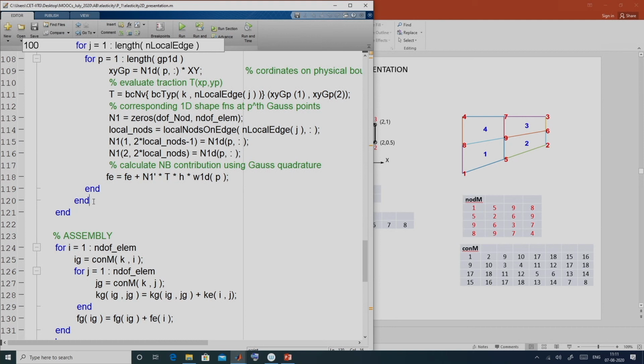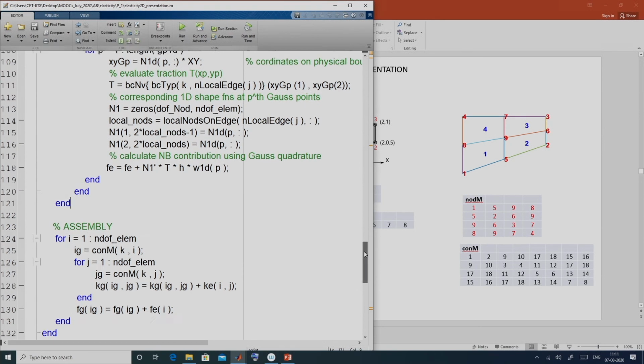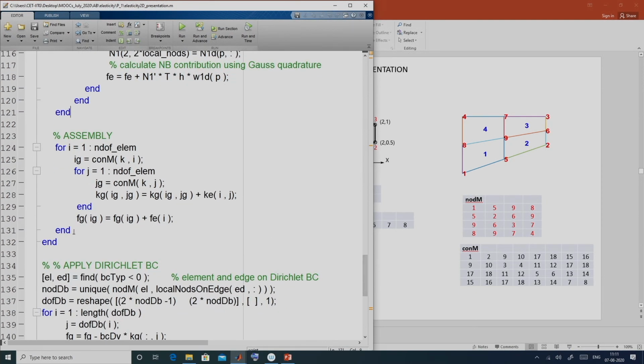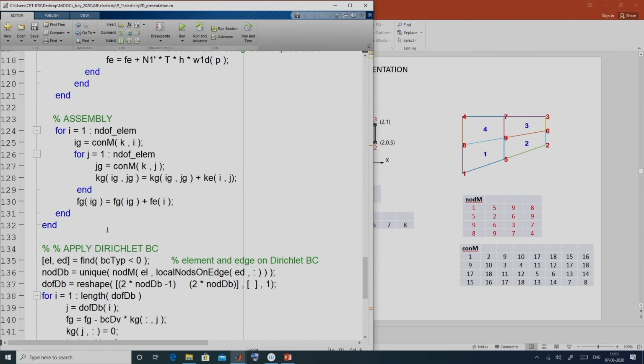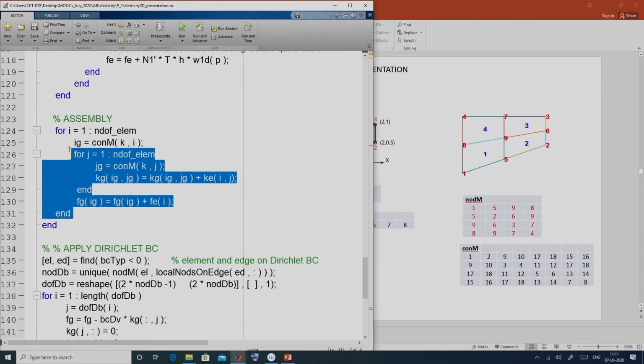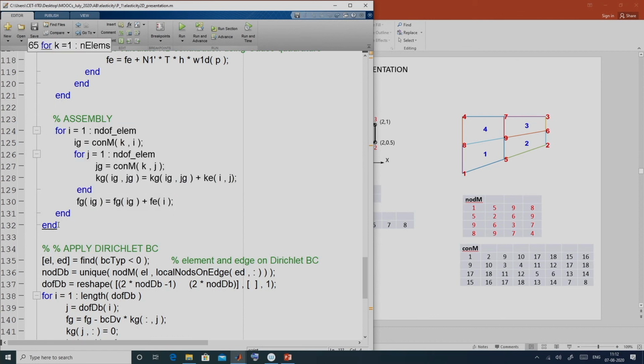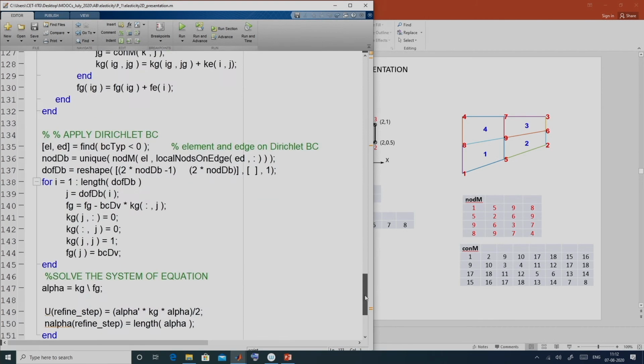So, this is where the calculation of the Neumann boundary contribution ends, and then we calculated the global stiffness matrix. Once this assembly is complete, we end the element loop. At the end of this we get the global stiffness matrix and the global force vector.